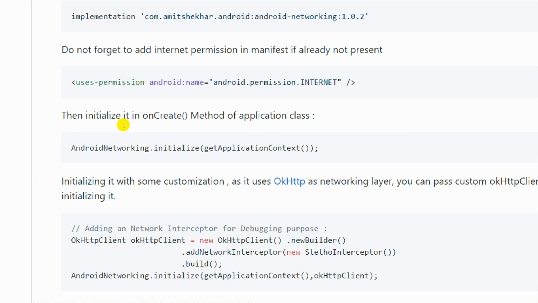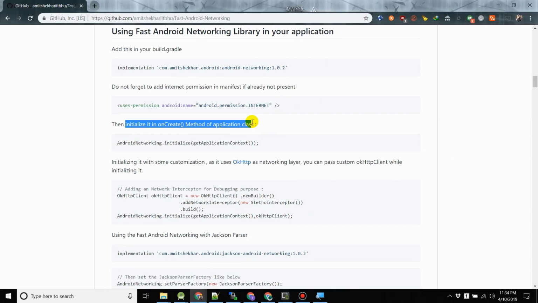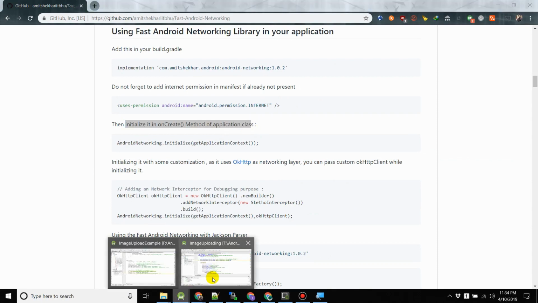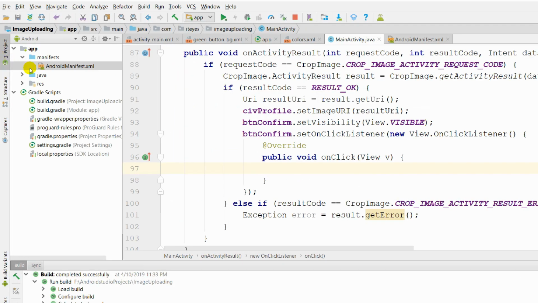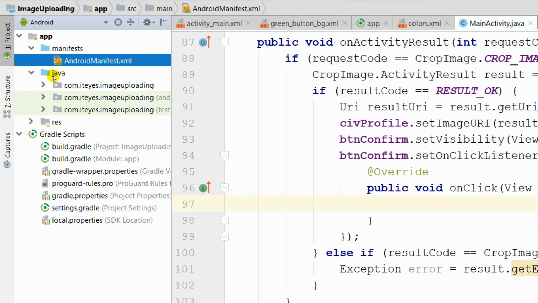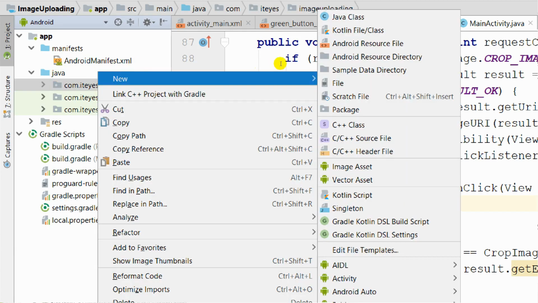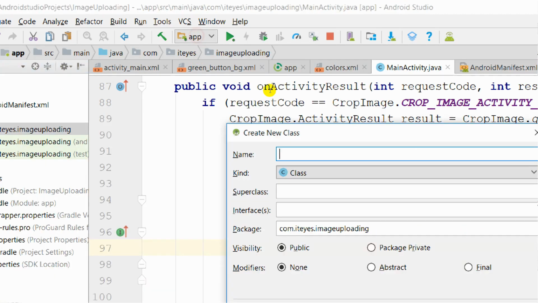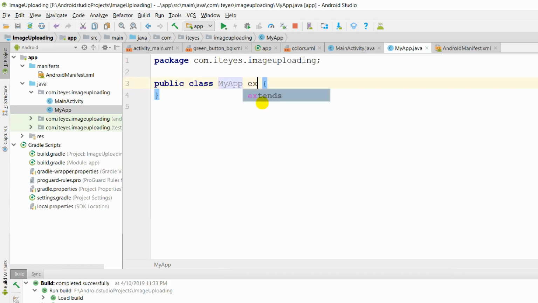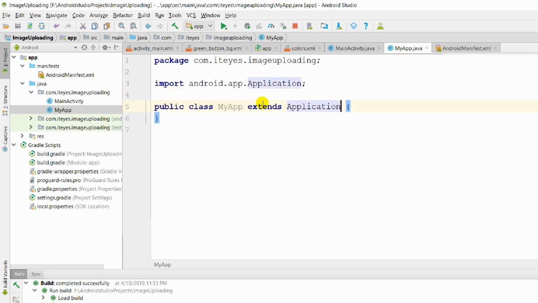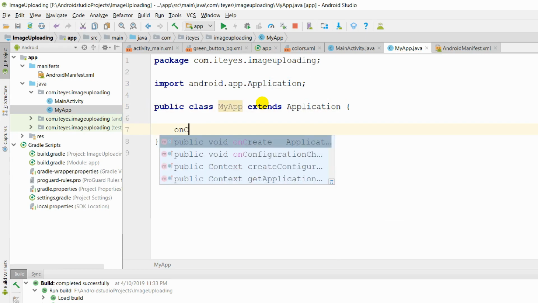Next step is to initialize the fast Android networking library in an application class. So we need an application class for our Android app. I'll show you how we can do that. Go to this Java, your package name, right click, new Java class. I will name it as my app. Okay, now right here extends application, then on create,